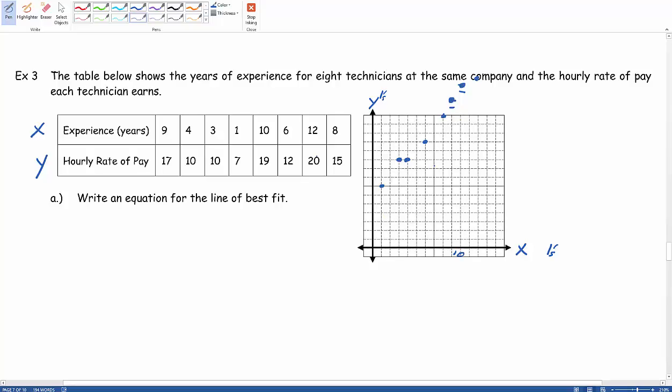Now, when we're trying to figure out what is our line of best fit, I'm looking at the data, and what we want to do is choose 2 points where we have the same number of points above the line as we do below it. So for example, if I was to compare this point and this point and draw a line between those 2 points, more or less a line,